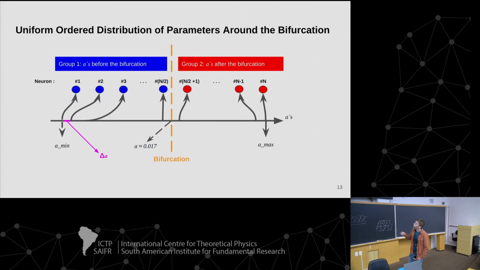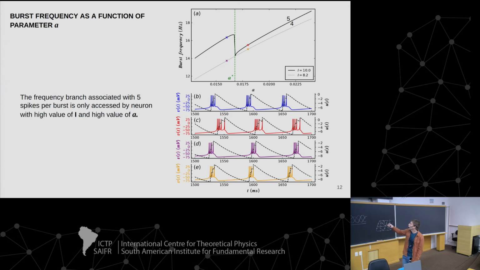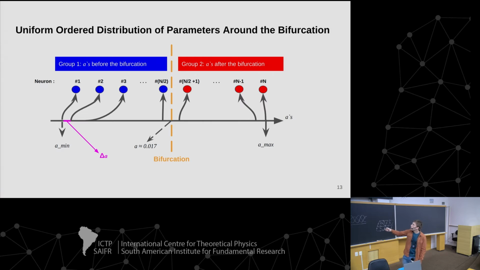To have something similar to pendulum waves, we need to arrange the parameters in our network in a specific way that follows a gap. I will have a minimum parameter and a maximum parameter, and in the middle I will have the bifurcation. And since it's almost linear, right, I will have a gap in the parameter that will generate a gap in frequency. So in our network, every neuron will always have an integer multiple of this specific gap.